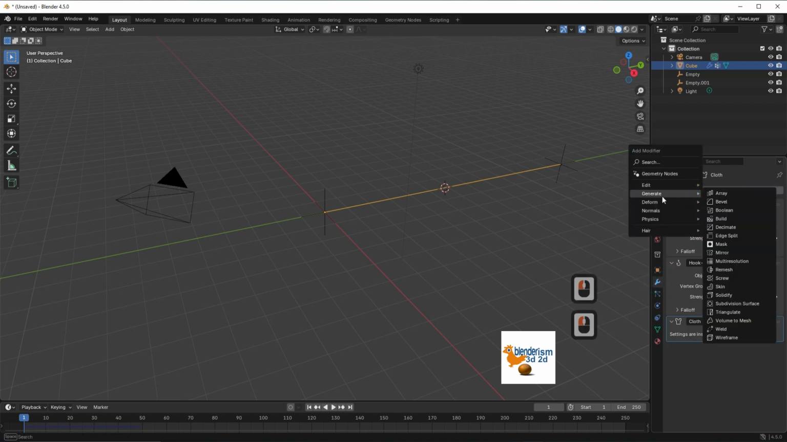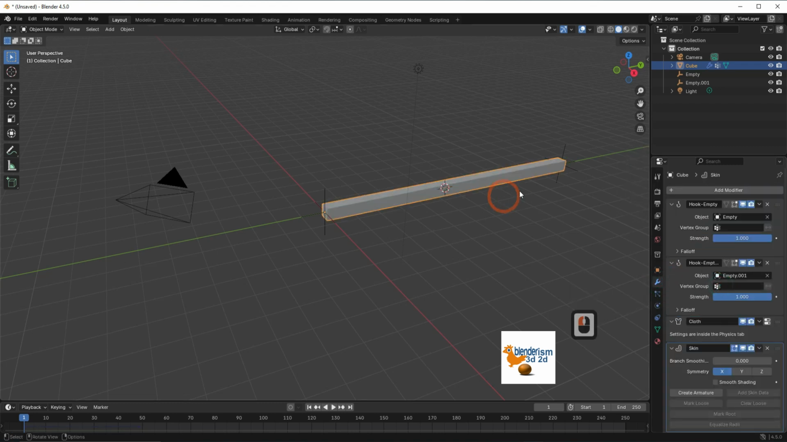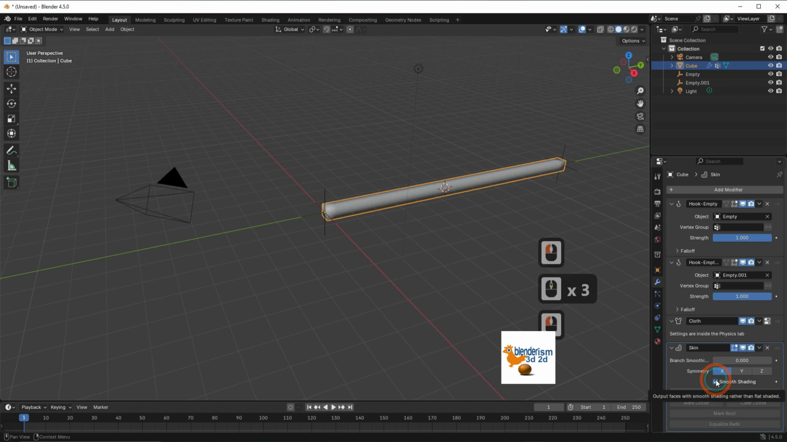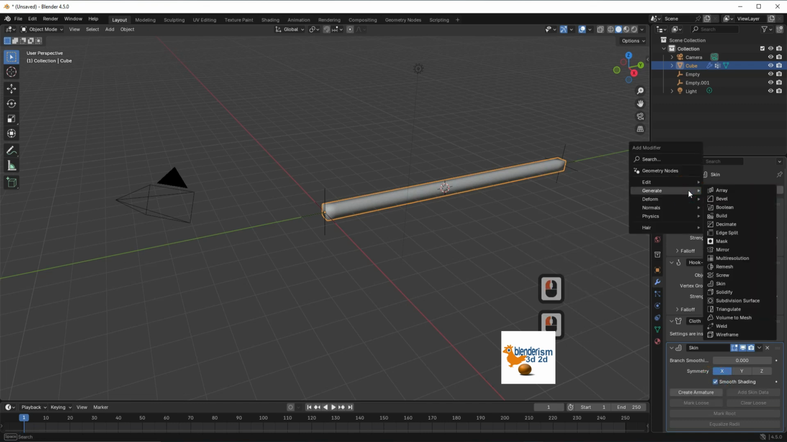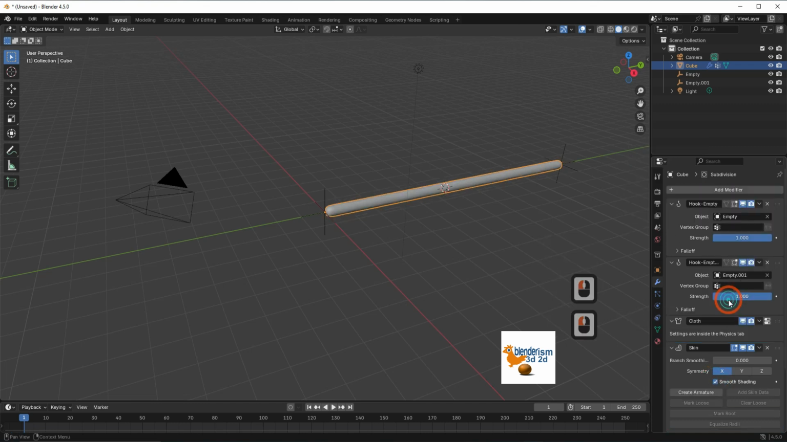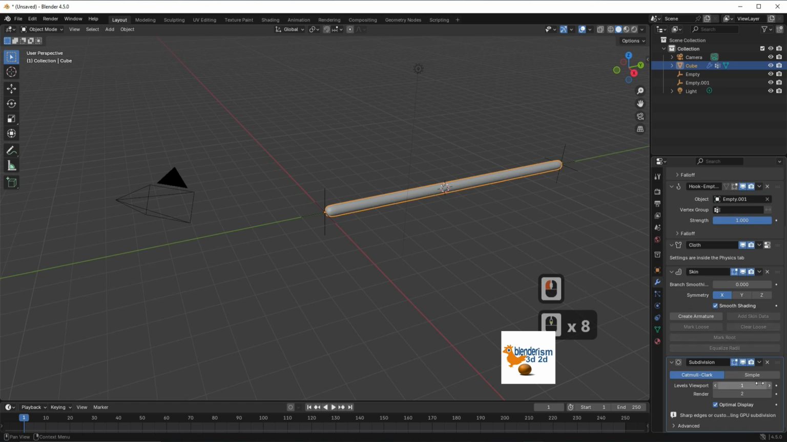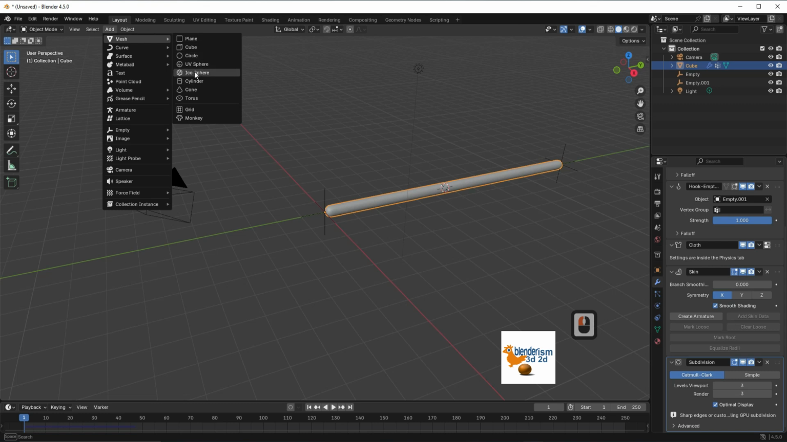and from Generate add Skin Modifier, then activate the Smooth Shading, go to Add Modifier again and add Subdivision Surface Modifier, change the Levels Viewport to 3 and the Render to 3, go to Mesh menu and add UV Sphere,